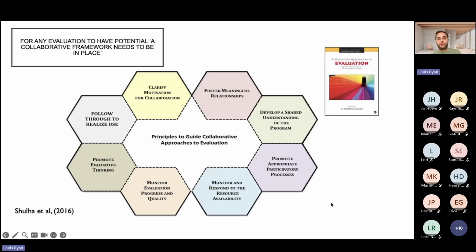So we've talked a lot about collaboration, and hopefully people will be familiar. If not, do encourage you to check out the collaborative framework, principles to guide collaborative approaches to evaluation.